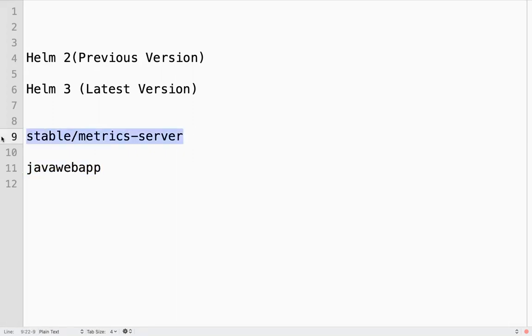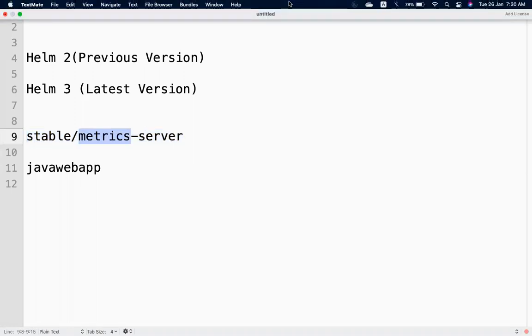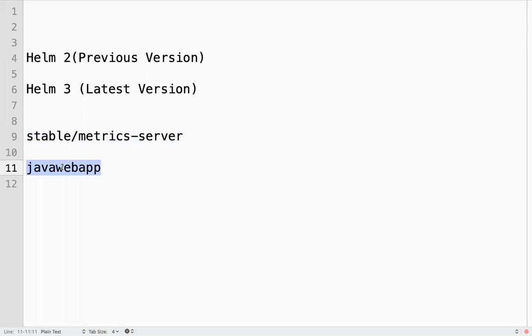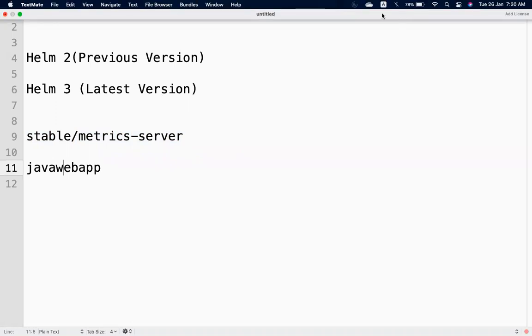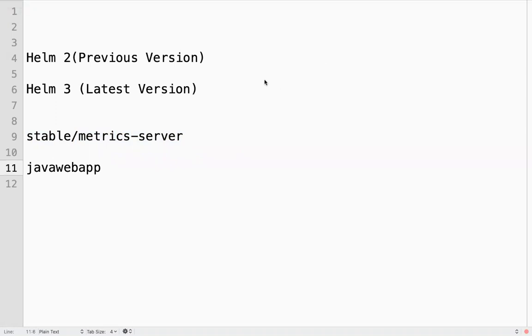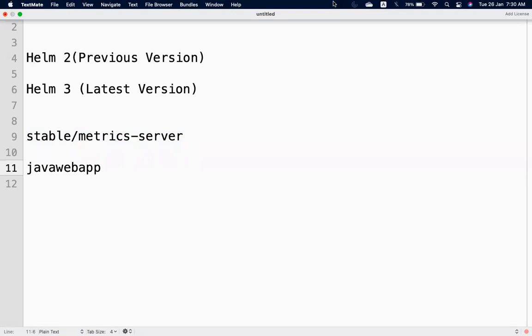So this chart is already available in a public Helm repository. Community people have created a chart and uploaded it into the Helm repository. We are using the Helm repository to install this third-party application. Tomorrow we will create a Helm chart for our own application, this application, so we can understand what is template, what is values and all. So we'll continue tomorrow, guys.